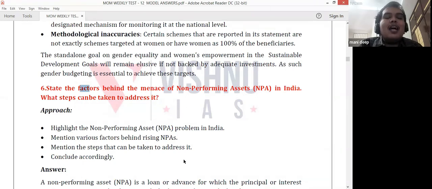Regarding this, the government brought in recapitalization bonds, which are long-term bonds. So the banks will invest in these bonds and they can recapitalize. This is based on the criteria of Basel III norms. Based on Basel III norms, every bank should have a certain amount of capital. So recapitalization bonds help in reaching this target. And the fourth is regarding reform. Reform the entire process. For this, the government brought in Mission Indradhanush, which had 7 criteria, and also the Bank Boards Bureau.